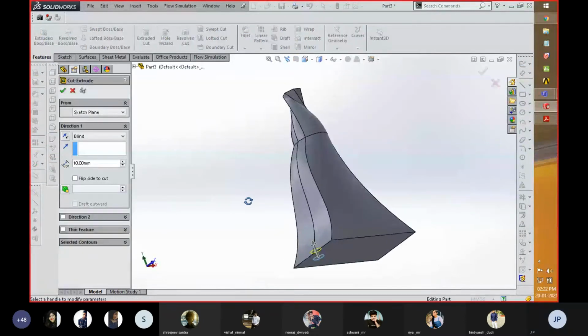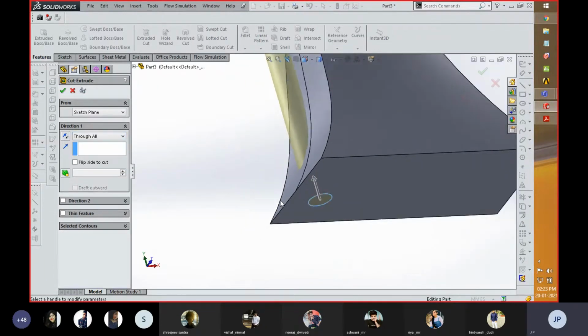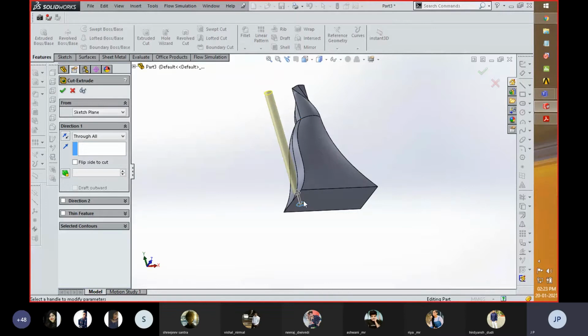Okay, the other thing is that you can see over here this part of material going to remove at this location. You can increase that value. Okay, and if you want to do a hole which is through of this material and you don't know the value of this length, what you can do, you can click on this and click through all. Okay, so in such a manner, whatever the part or whatever the length which is required to remove the material from whole or complete part, that can be done with the help of these different methods.